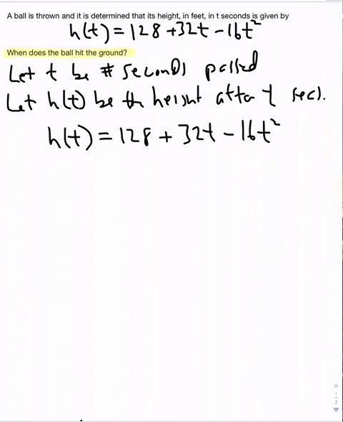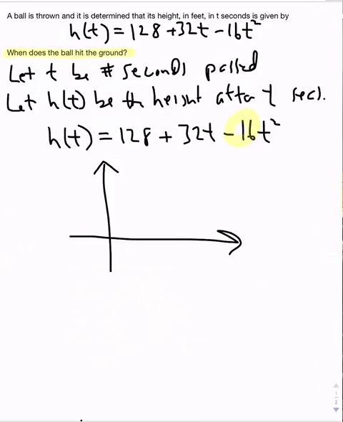So now we want to solve. And to solve, we need to find when does the ball hit the ground. So let's take a moment and think about this. Our function is a quadratic function, which means that the graph of this function is a parabola, okay? So not only that, the leading coefficient is negative, so we know that it's a parabola that opens downward. So we can sketch it, actually. So let's just kind of draw a sketch, and this will give us an idea of what we need to